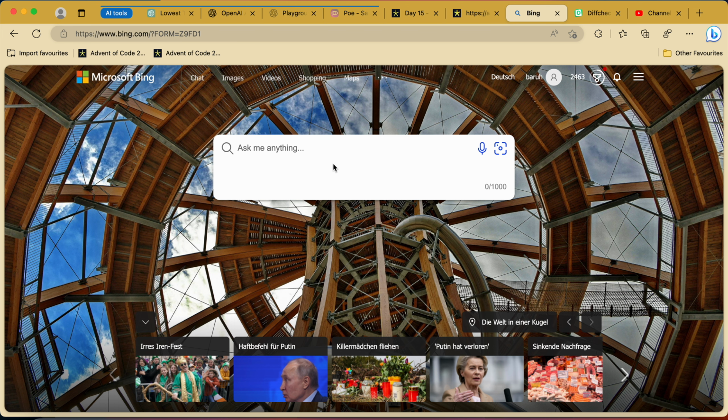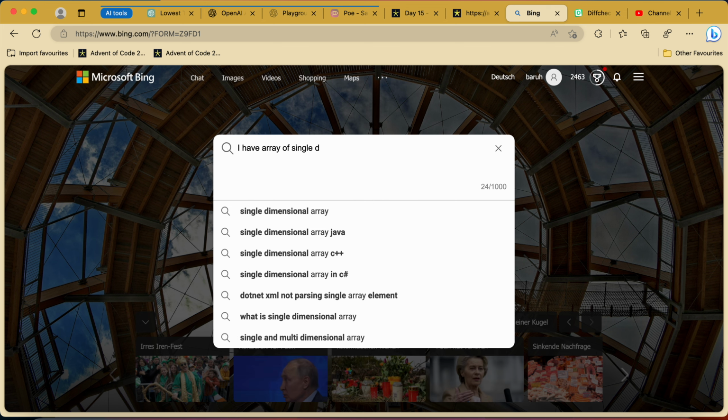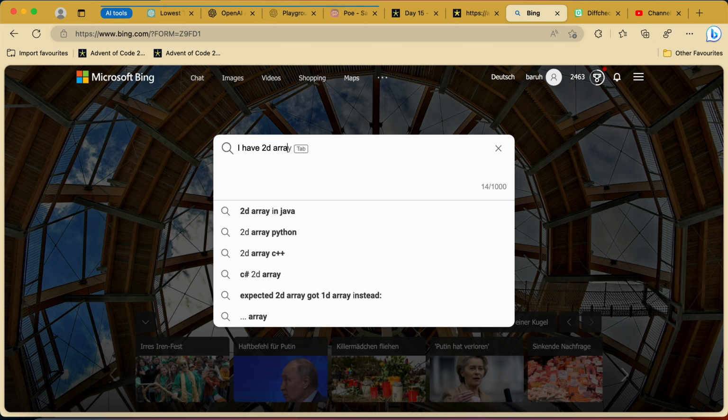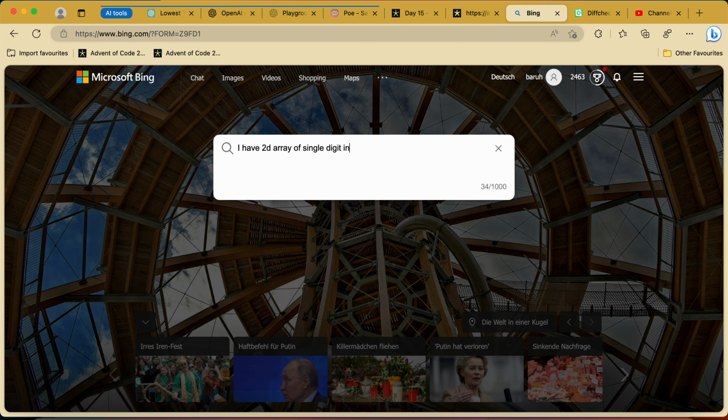I have an array of single, I have 2D array of single digit integers. I want to expand this firstly by